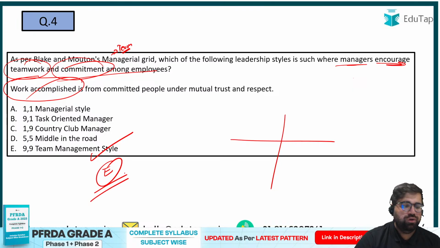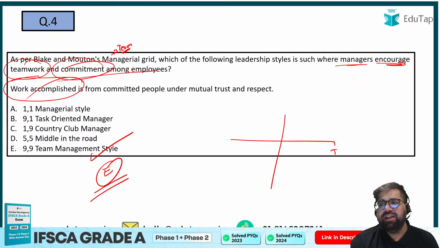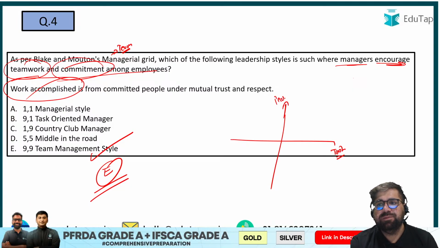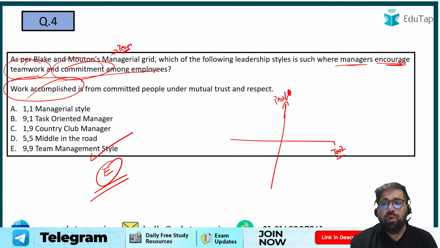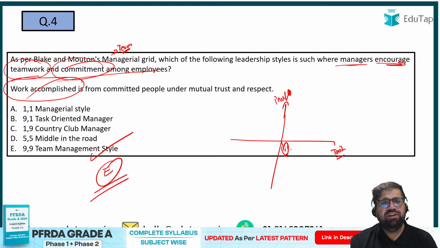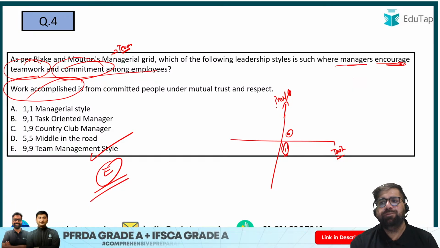By the way, those who don't know what managerial grid is, in managerial grid, on the x-axis you take the task responsibility, on the y-axis you take the people responsibility, right? So there are 5 types of leadership which can happen. First is 1,1 or 0,0. Some people call it as 1,1, 0,0, but largely in books it is given as 1,1. So over here it's like you are very low in handling people. At the same time, you are very low when it comes to the task. You are not able to focus on people also. You are not able to focus on task also.